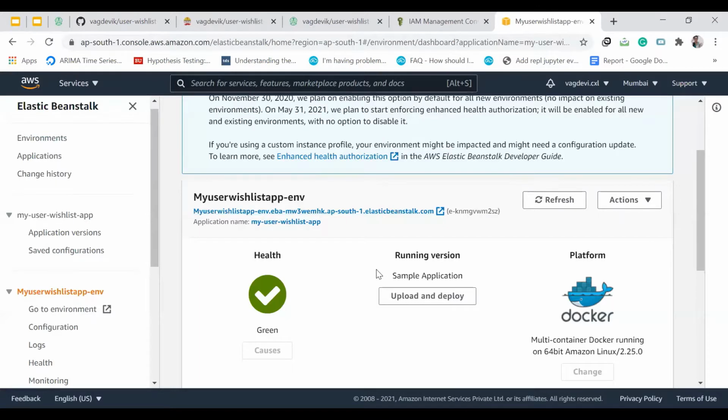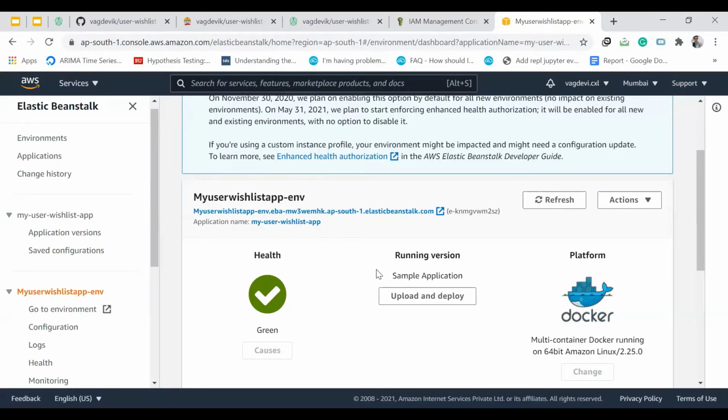So in order for us to deploy our application onto AWS, whatever things are mentioned in the Docker Compose, we need to translate that into a JSON format which will be understood by AWS, right? With certain key terms and all, we need to translate whatever we have given in Docker Compose into Dockerrun.aws.json, which we will try to understand now.